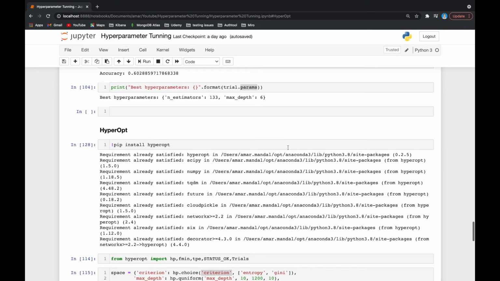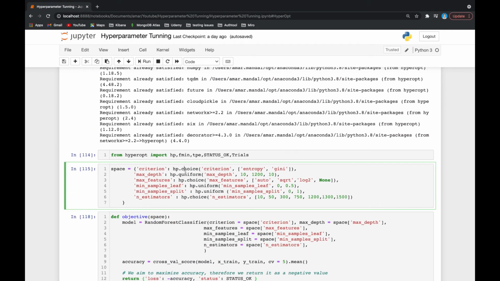So here what it will do is it will pick the value out of entropy and Gini. So it will pick one value. It will make a choice out of this list. Then we have quniform, which will range between 10 to 1200 and a step size of 10.